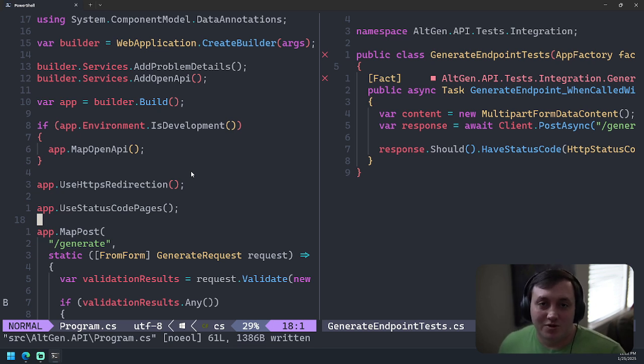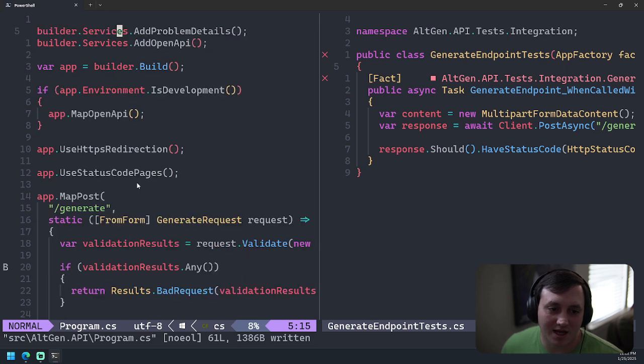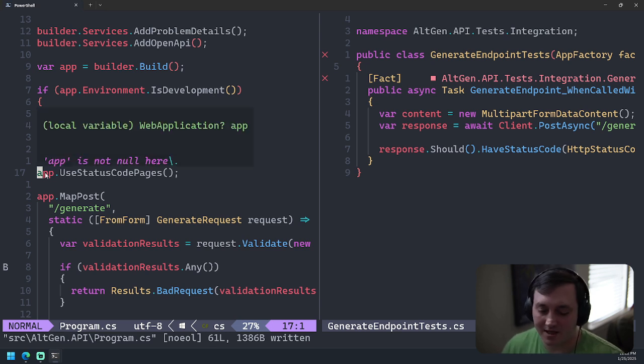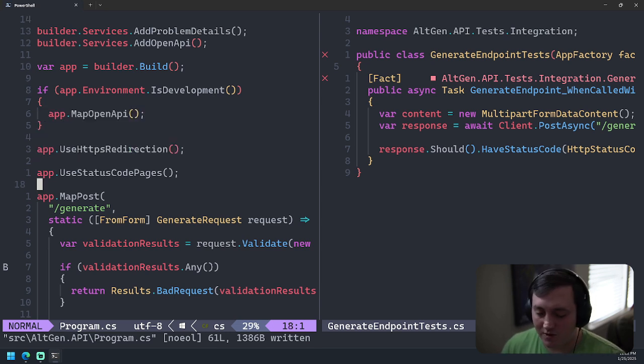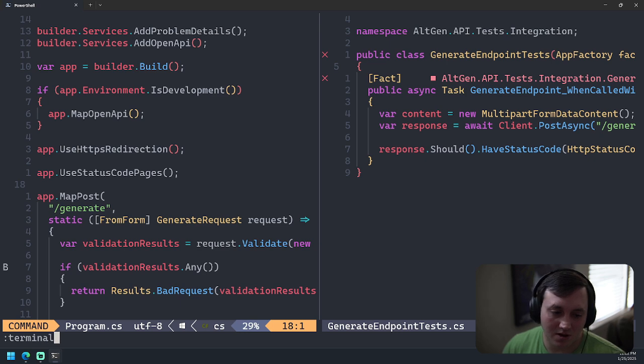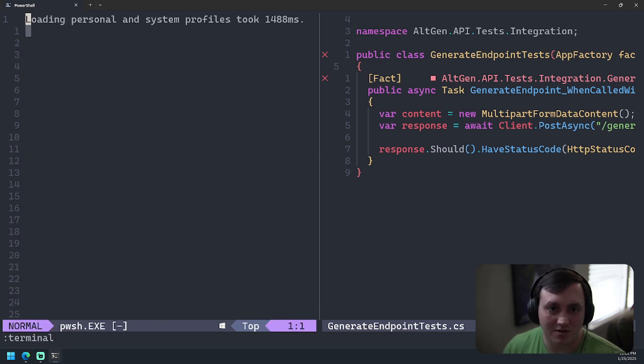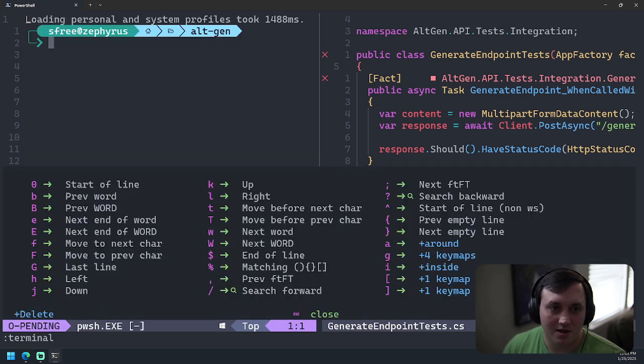If you've built APIs, you know that returning consistently shaped errors can be challenging, and problem details solves that for your API. So, for example, if you add the AddProblemDetails method on your services collection, and then you call app.UseStatusCodePages on your actual web application, then when you run your API... let's actually run our API real quick.